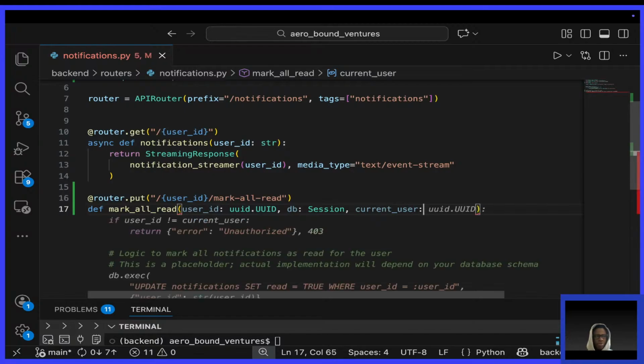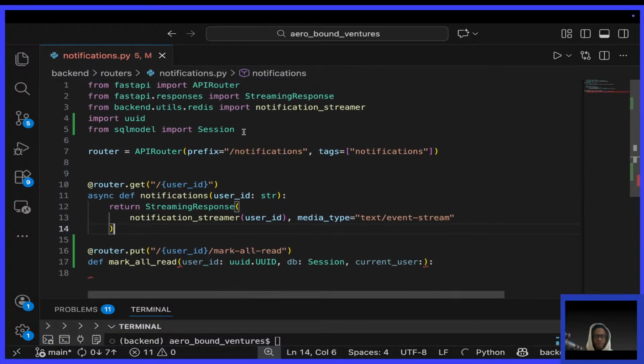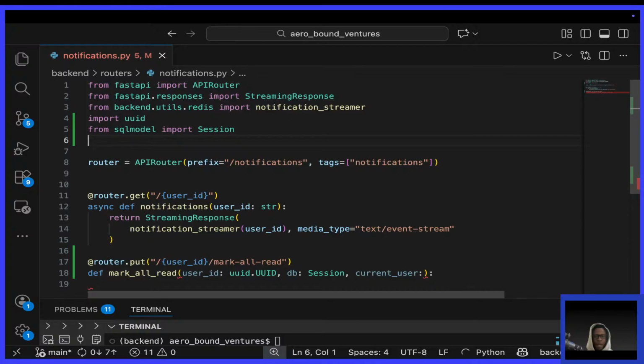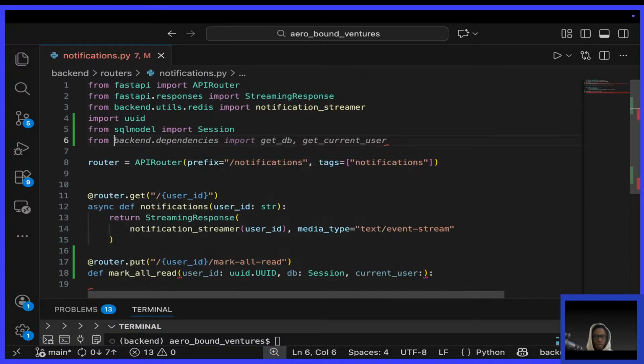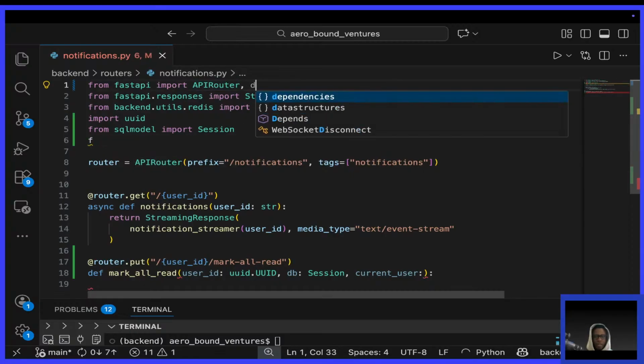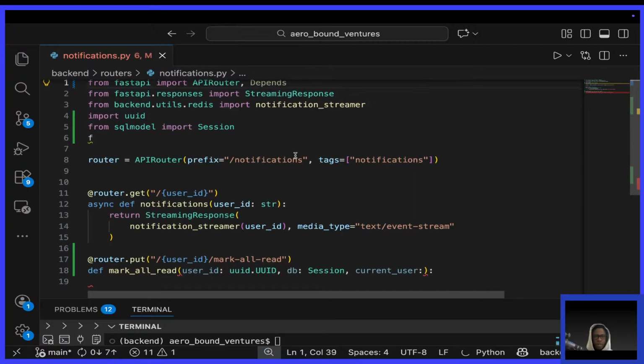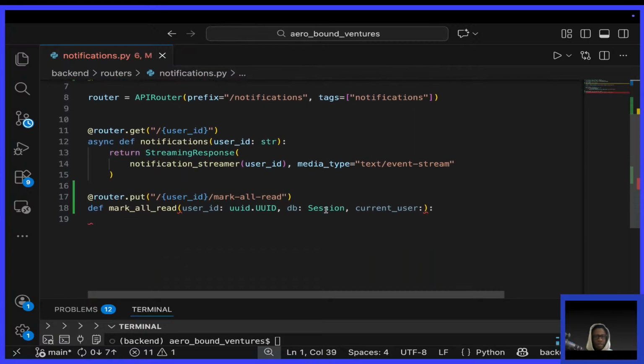We need some authentication, okay, to know who is trying to mark everything as read. And to do that, I can say from FastAPI, actually up here, from FastAPI import Depends, okay? Because we've been using a dependency, okay? So say Depends,